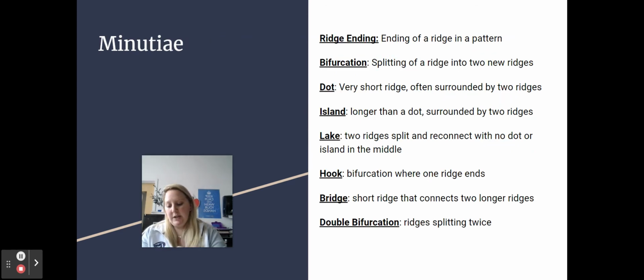Some of the minutiae that we will talk about are ridge endings. That's just the stopping of a ridge in a pattern. A bifurcation, a splitting of one ridge into 2. A dot, a very, very short ridge surrounded by two other ridges. An island is longer than a dot, but it is still a short ridge. A lake is when two ridges split and then reconnect with no dot or island in the middle. A hook is a bifurcation where one ridge stops. A bridge is a short ridge that connects two longer ridges, and a double bifurcation is one ridge that splits